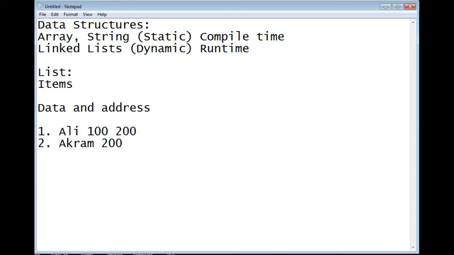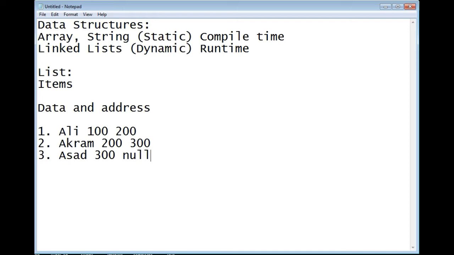This one contains 300, and the third record is Asad, and this is 300, and it has null. Null means last. The last element is null. This is one kind.